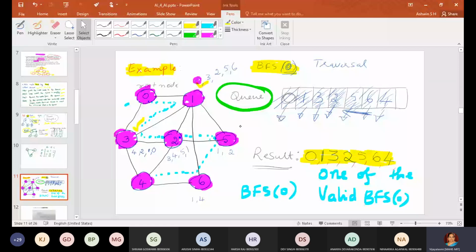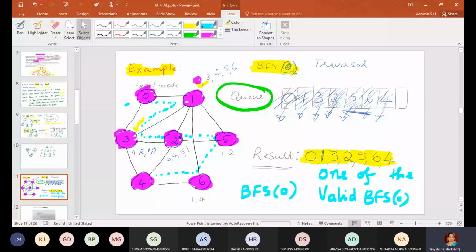Please see, Shreyas, adjacent vertices are 3, 2, 5. So 3, 2, 5 we have put. When you have taken 1 out, 3, 2, 5 have been put here. The order may be anything, no? I have told it may be 3, 2, 5 or it may be 2, 5, 3. We have entered these 4.